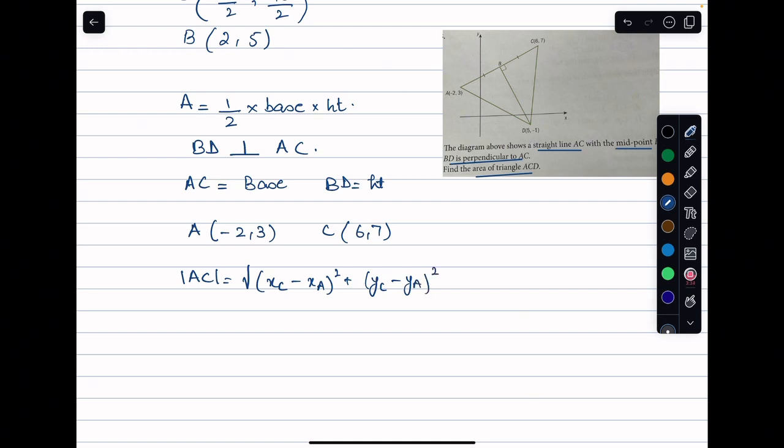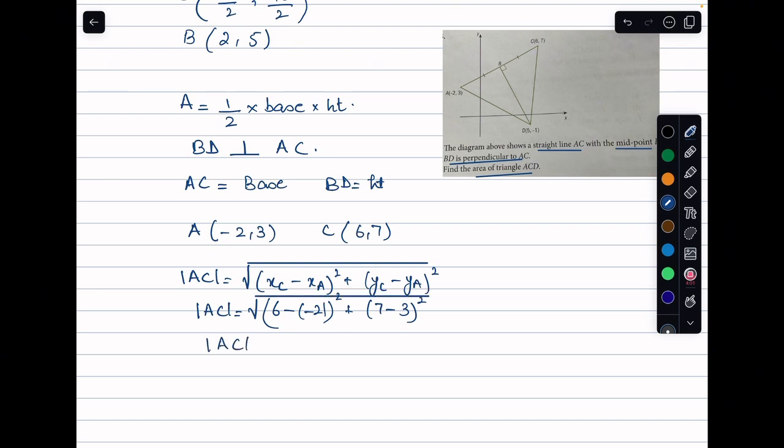Substituting the values, it's going to be under root 6 minus -2 the whole square plus 7 minus 3 the whole square,